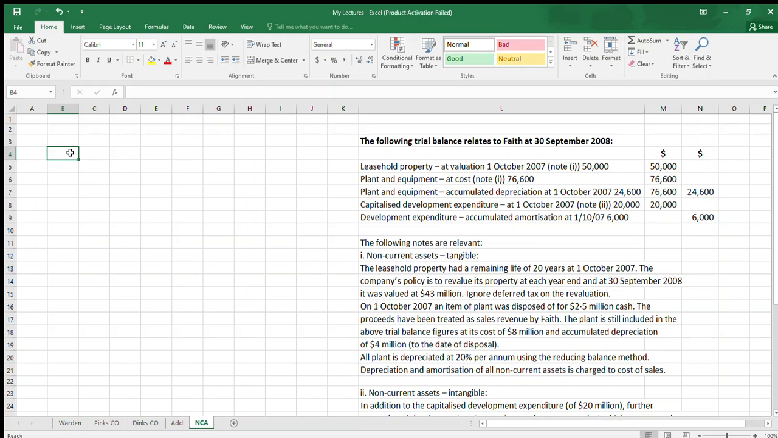Okay, so I am here to focus on revaluation and the non-current asset. So we have our question here. So let's see, the firm is